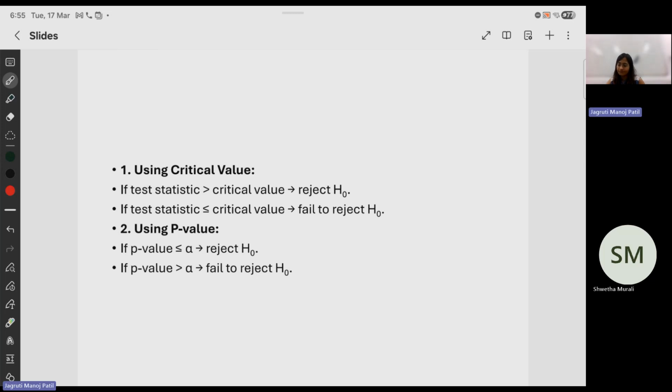So what I gave you previously is that you have a critical value, defined as alpha naught or p naught. If your test statistic, let's say either Z or T, is higher than that, you reject it. If it's lower than that, you fail to reject it, right? It won't say that this is true. So we cannot reject it; we won't say that H naught is true. Then if you use a p-value, and your alpha is 0.05, if your p-value is less than that, you say that you have rejected it. If it's higher than that, you say that you failed to reject it.